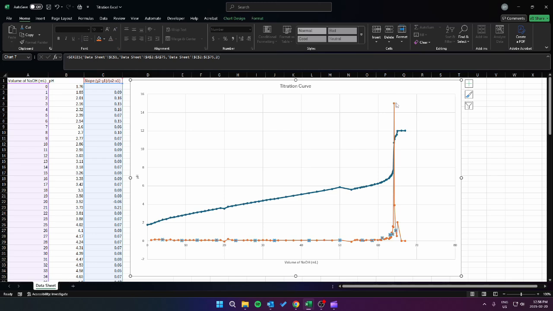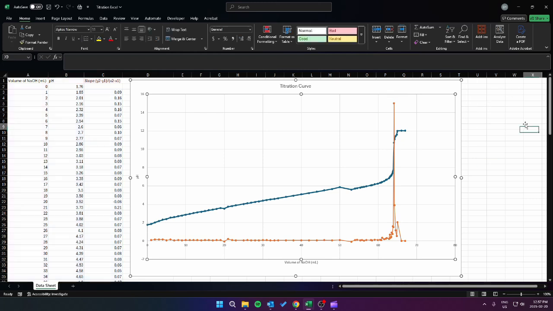And so what we can do is hover over this point, and we can learn exactly that our slope is highest, you can see in the brackets there, at exactly 64.1 milliliters of sodium hydroxide. So what that means is, what we want to do now that we know that data,